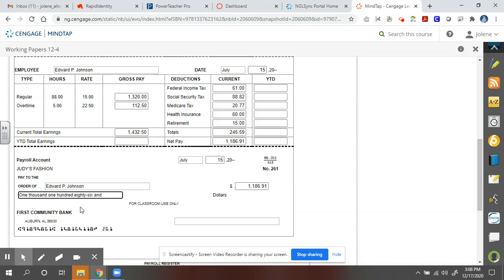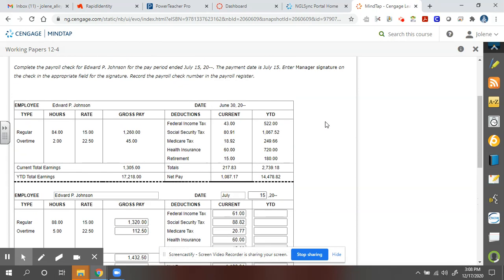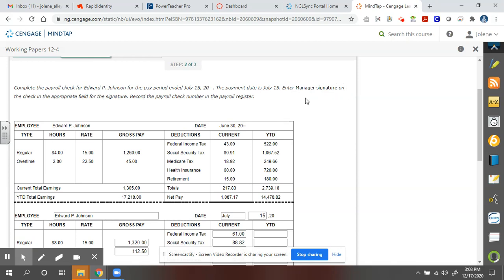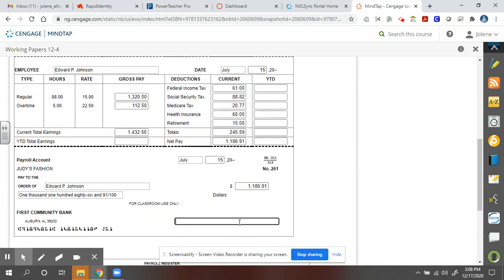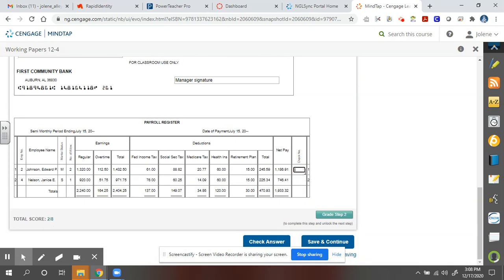$1,186.91. And then right here, if you remember, it says just type in manager signature. Okay, so we wrote his check. This is check 261. See that? Check number 261. So we have to come down here and put 261 in there. That completes the payroll register so that you know what check it was that gave him